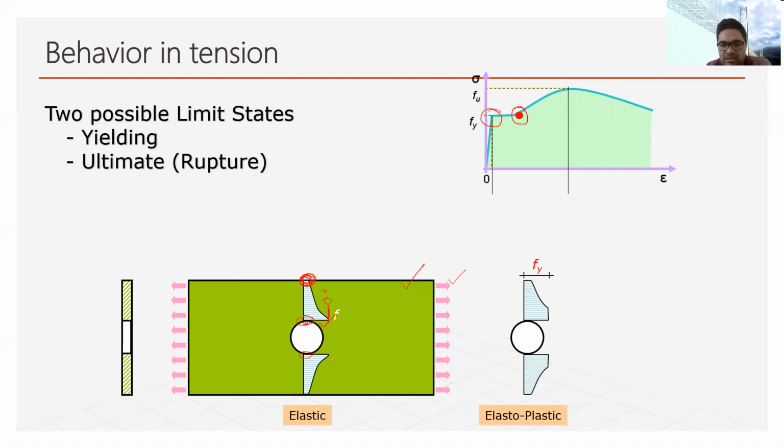So there the redistribution, I mean the stress was at the edges of the hole, but as we are applying more forces, then what is happening? The stress is trying to redistribute to the adjacent part. Now on further increment of the stress, and now again look at the red dot, it will get up to the ultimate strength. There you can see it will get up to the ultimate strength, and corresponding to this,